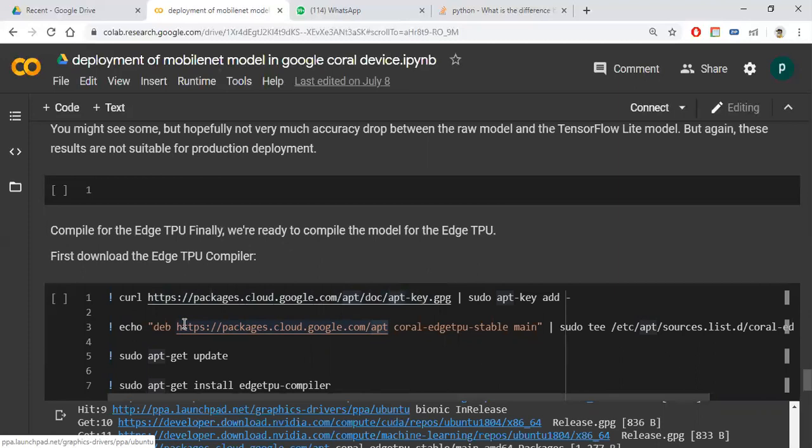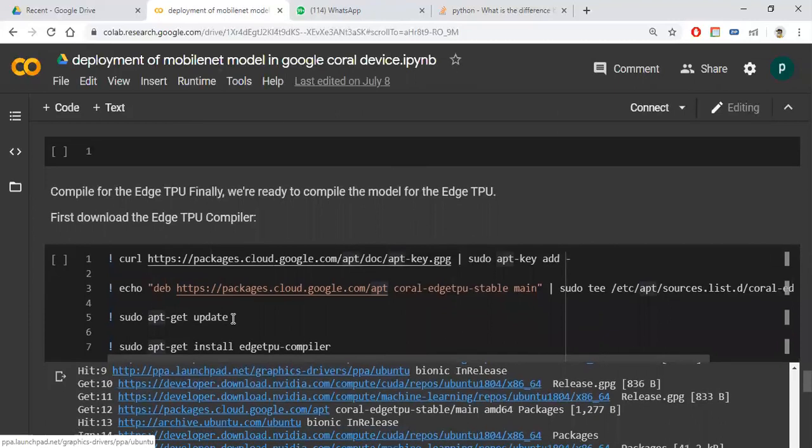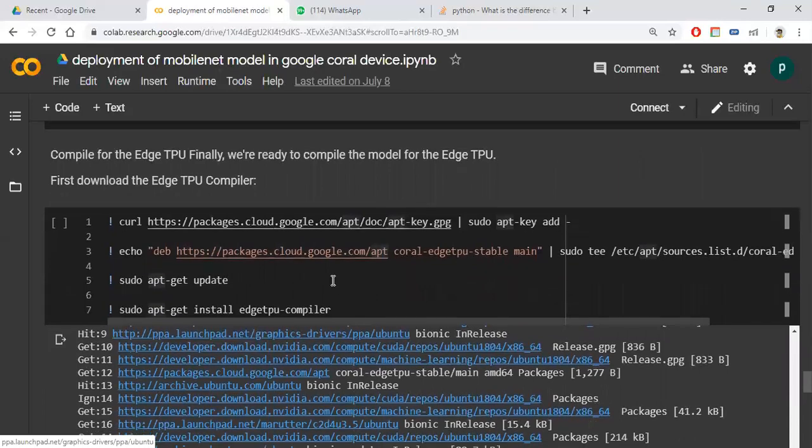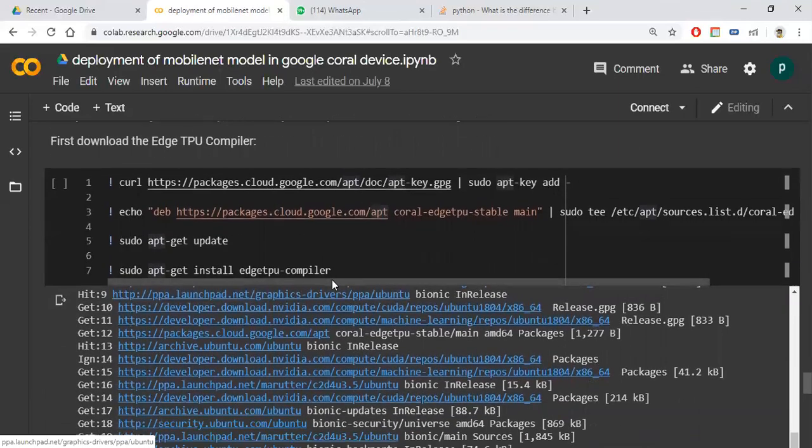If you have Google Coral, after connecting the power supply, you can connect the Google Coral to your system. Then you can open the command prompt and write this command, then the compiler will run.